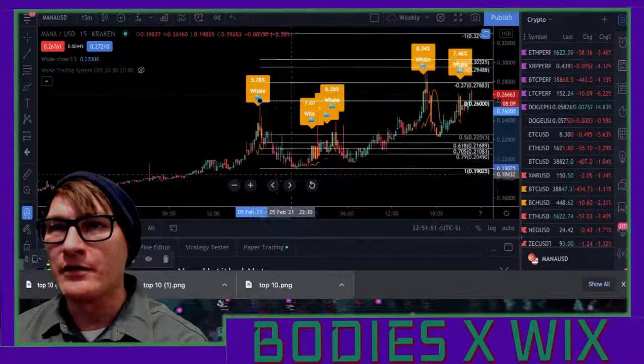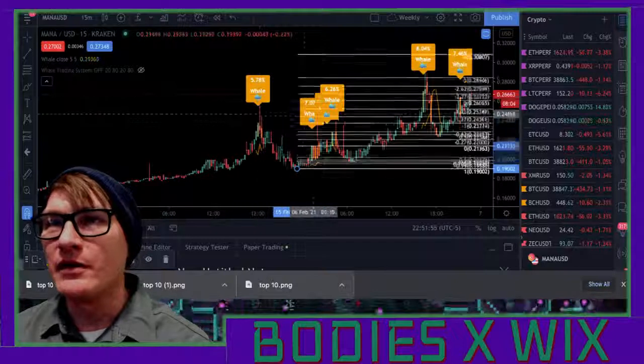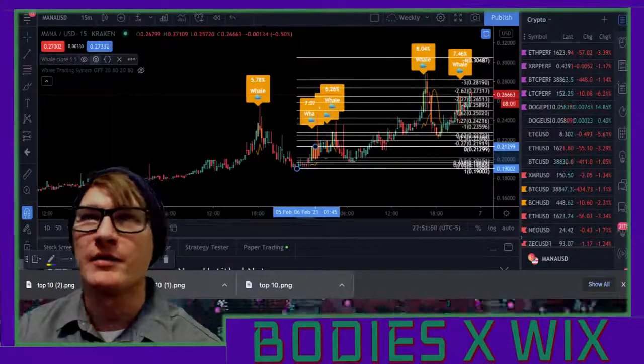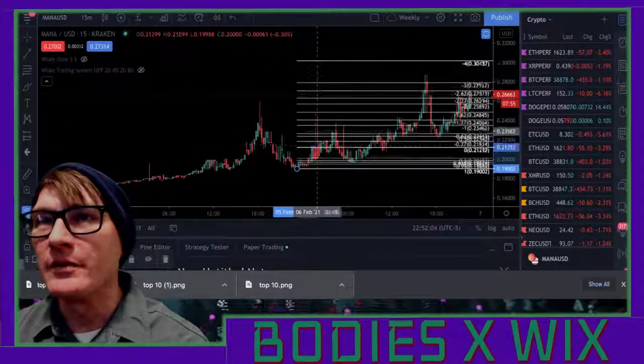So what I would do is I would then move my Fibonacci over and switch it over to this high. Let me get this whale stuff out of the way, that way we can kind of see what's going on. And then move this Fibonacci up over